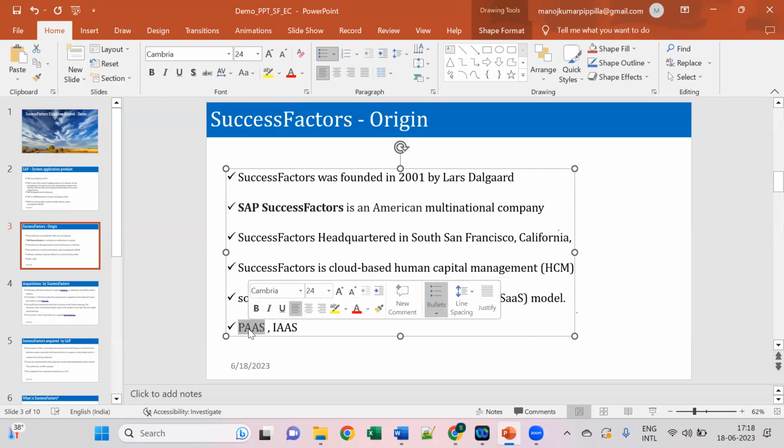Along with that, we have one more type of application called platform as a service. Here, we need not build any applications in the cloud. We can develop our application within our own on-premise system, but just for the data storage, we can use that cloud platform. Those applications are nothing but platform as a service. So here, there is no need to develop our application in the cloud. We can develop anywhere on-premise, but we use the data storage place as cloud.